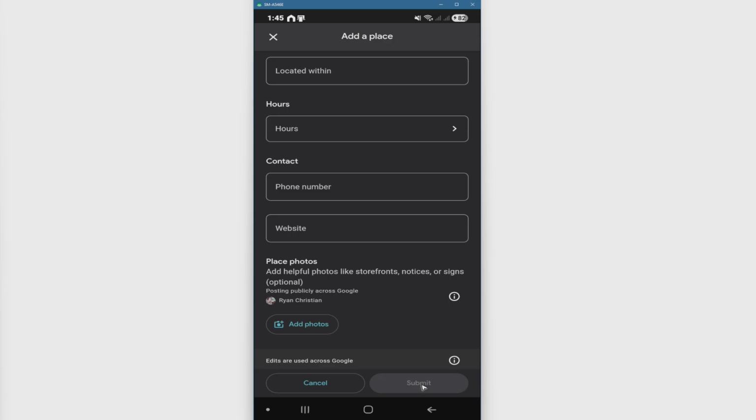And for about 24 to 48 hours, you are going to receive an email from Google. The place is accepted or rejected. And that is it. That is how you add a new